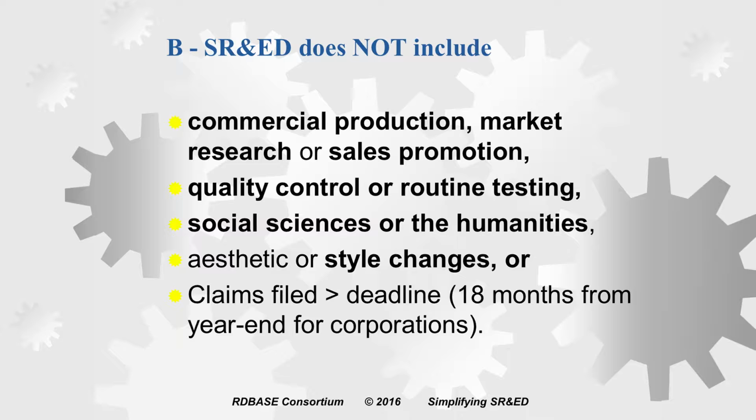And lastly, there's an 18-month deadline for corporations from their fiscal year end, which is an absolute deadline. Generally speaking, your tax returns have to be filed 6 months from your corporate year end. The Act gives you another year. The Canada Revenue Agency really doesn't like that extra year being provided, so they tend to be very, very strict about that deadline. I would recommend that if possible, you always file at the 15-month deadline from year end, in which case the Canada Revenue Agency says if you've missed anything, we'll give you another chance.